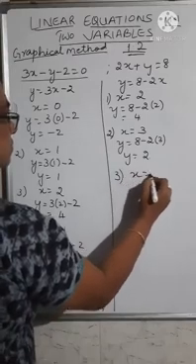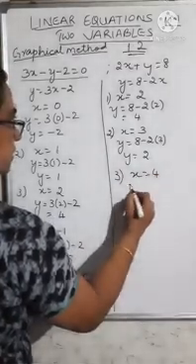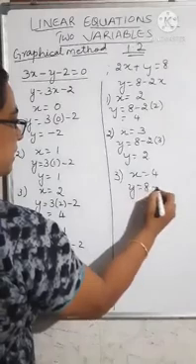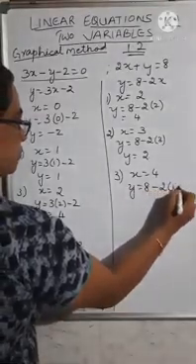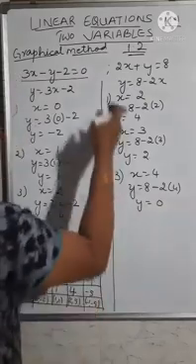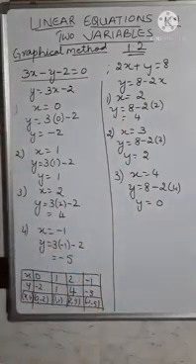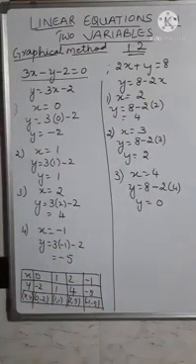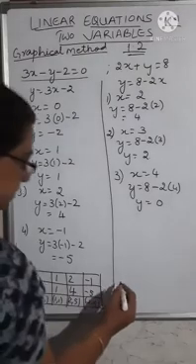Next, take x is equal to 4. So you get y is equal to 8 minus 2 into 4, so you get y is equal to 0. So like this, a minimum of at least 3 values and a maximum of 4 values you can take. Now with this, prepare the table.